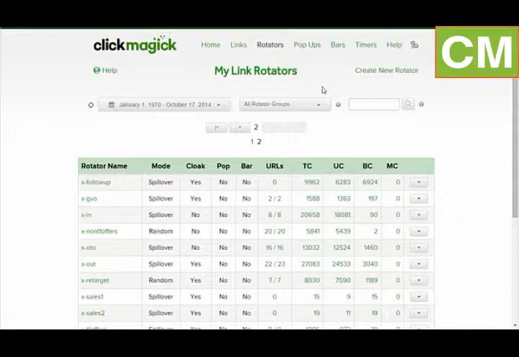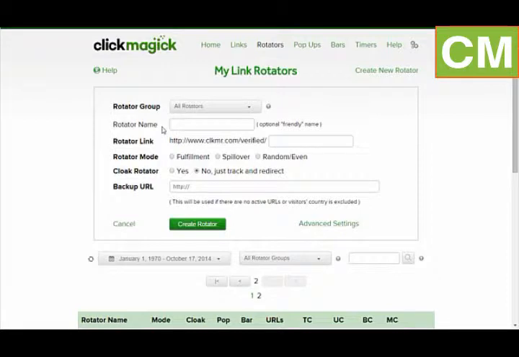To create a new rotator, you just click right up here as usual. Most of this top section is just like setting up a regular tracking link. The main difference is that you need to select the type of rotator that you want depending on what you're going to use it for. And then here in the advanced settings, you can see most of the same options we saw for the regular tracking link. Over here, you'll see the familiar